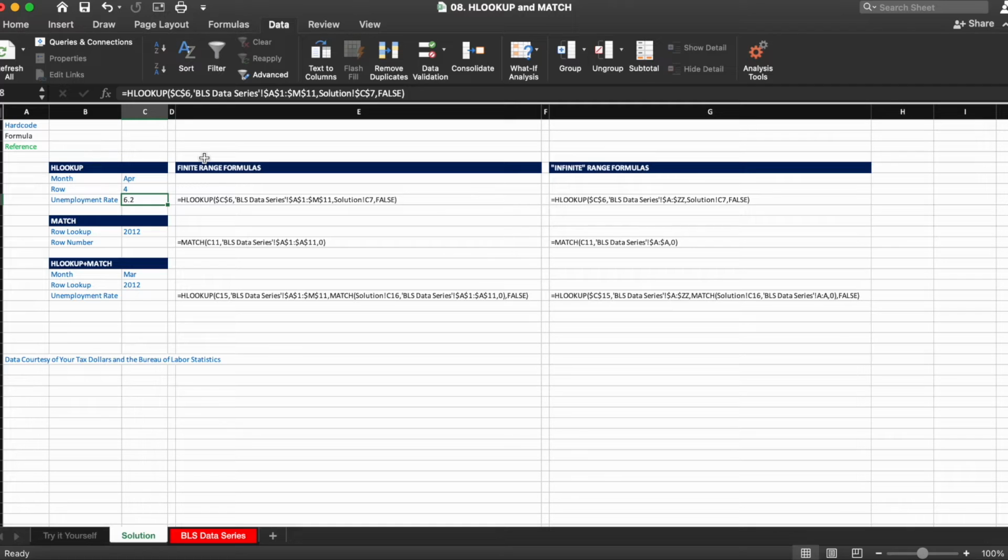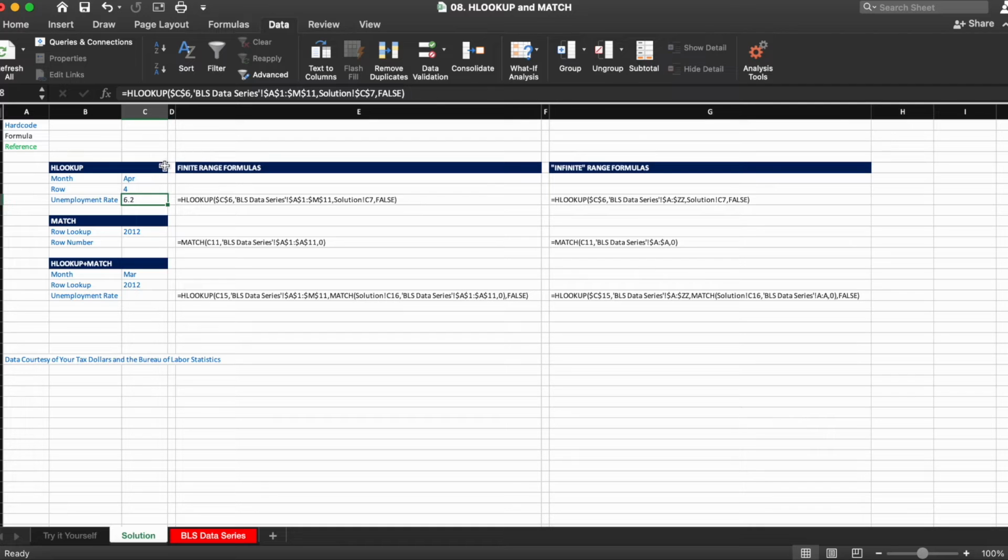The formula for the infinite range is nearly identical to the finite range, with the only exception being that instead of selecting, in this case, A1 to M11 on the BLS Data Series tab, you will be selecting columns A to ZZ. And that's just what I tend to do. It can be A to Q if you want, whatever is enough to capture the data set and any sort of additional columns or rows that you think might be added.